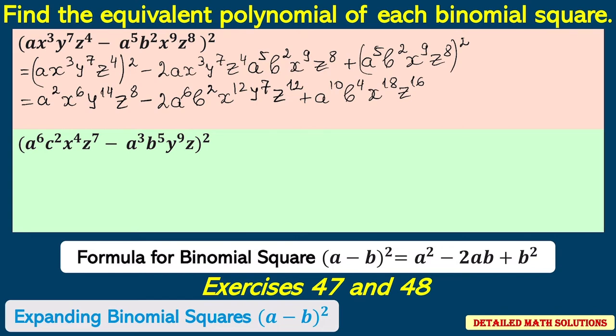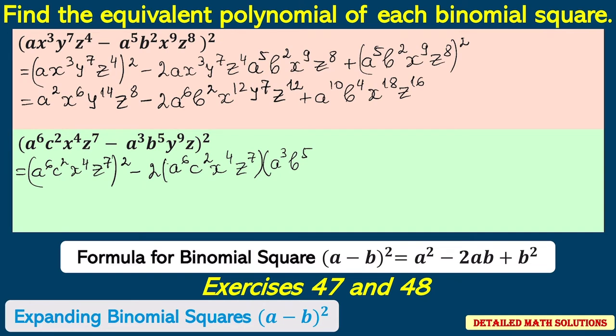And last exercise, when I apply the formula, it equals (a to the 6th power c squared x to the 4th z to the 7th) squared minus 2 times a to the 6th c squared x to the 4th z to the 7th power multiplied by a cubed b to the 5th y to the 9th z plus (a cubed b to the 5th power y to the 9th z) squared. When I simplify further,